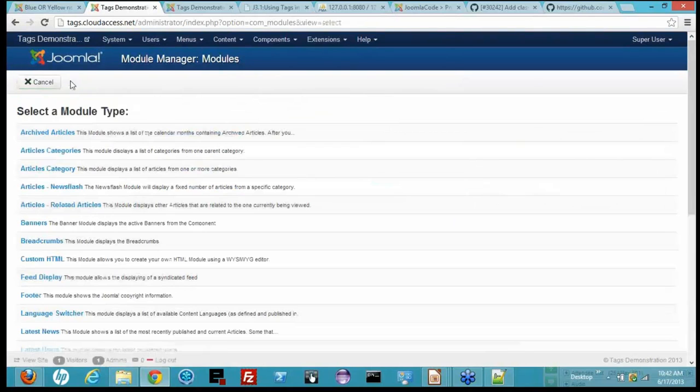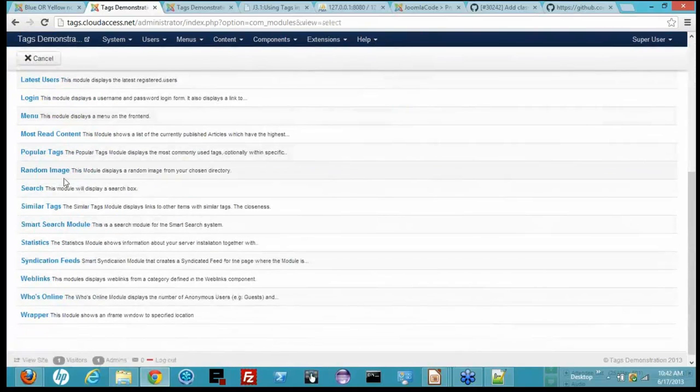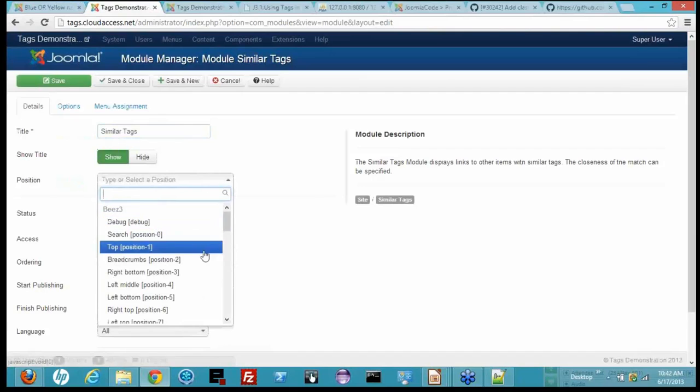You have to enable them. There's not a default version of them. One is called the similar tags module, and similar tags, it's a deceiving name because what happens is it's